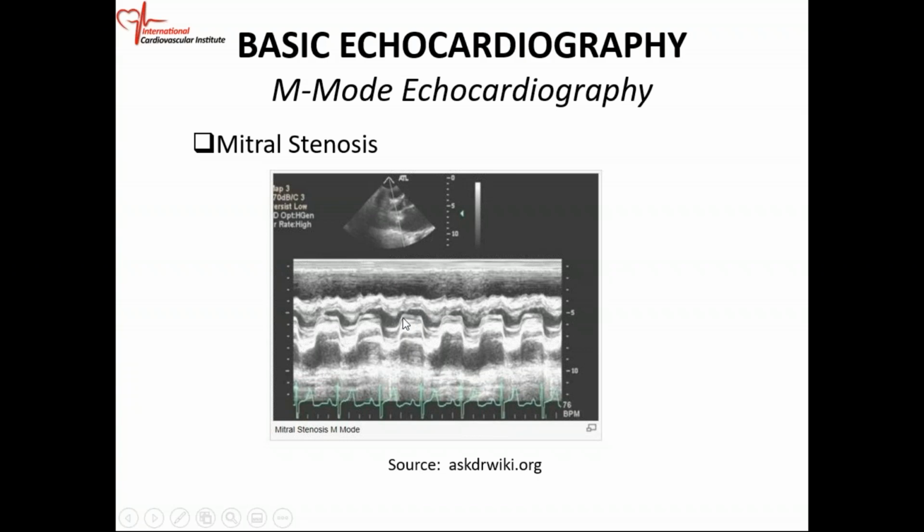And if you look at the anterior mitral leaflet, it's thickened. Also the posterior leaflets are thickened. And the leaflets are not opening. There's no significant opening between the anterior and the posterior mitral leaflet. So this is classic mitral stenosis. So if they put this on the test and they're going to ask you what it is, you need to know the E to F slope is not steep. You have thickening of the anterior leaflet and the posterior leaflet, and there is no separation of the anterior and the posterior leaflet. Mitral stenosis.